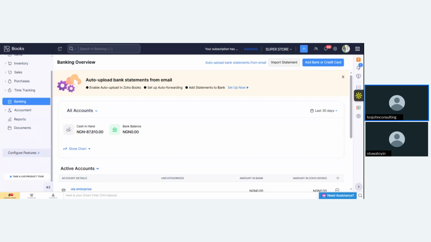So for business, once you register for tax, you have your tax identification number, you're onboarded on the e-tax platform. Then you can now go and open corporate accounts in any bank of your choice, because you cannot open a corporate account if you don't have a valid tax ID.